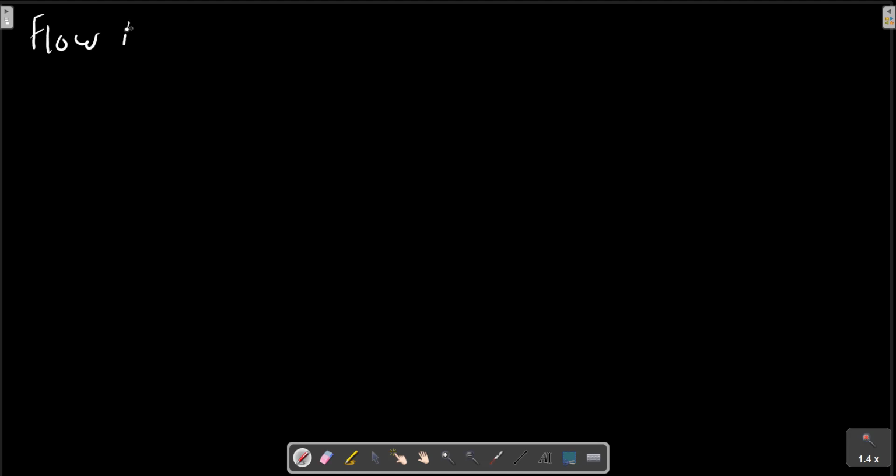Flow in non-circular ducts. If the duct is non-circular, the analysis of fully developed flow follows that of the circular pipe but is more